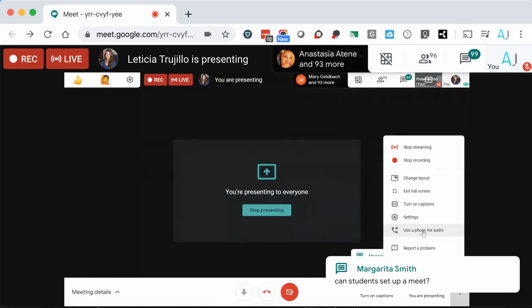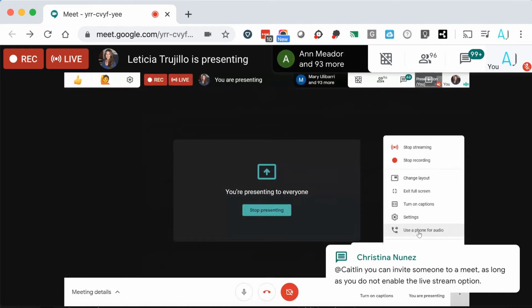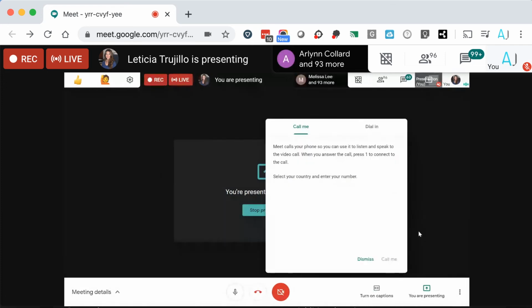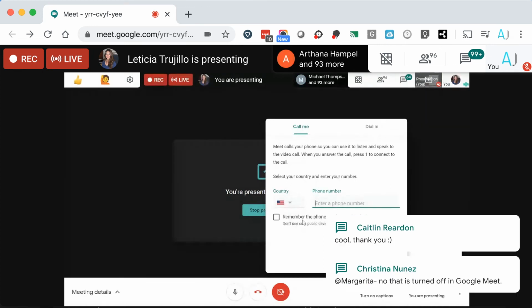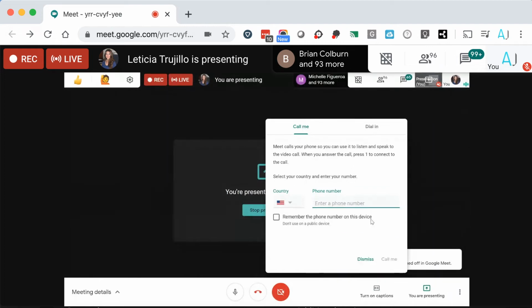You can use a phone for audio. So again, if you have someone who you want to invite, or who hasn't participated already in your Meet, you can go into the use a phone, as I showed you earlier. This is another way of doing it. You can enter the phone number here, and you can even say, remember this phone number on this device. If it's a phone number you frequent, you can choose that option. Right now it's grayed out because I don't have a phone number on there. But if I go in and add a phone number,